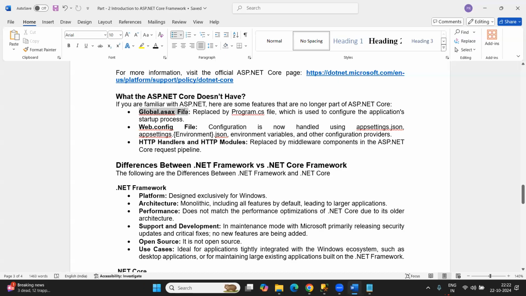If you are working with an ASP.NET Framework application, then you will not find that global.asax class file. This global.asax class file is replaced by the Program.cs class file in our application. So what is Program.cs? I will show you practically what is the importance, what is the use, what are the things you need to